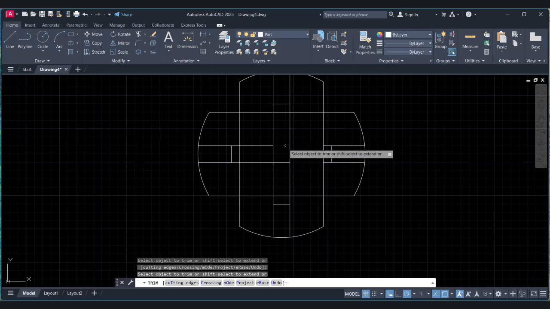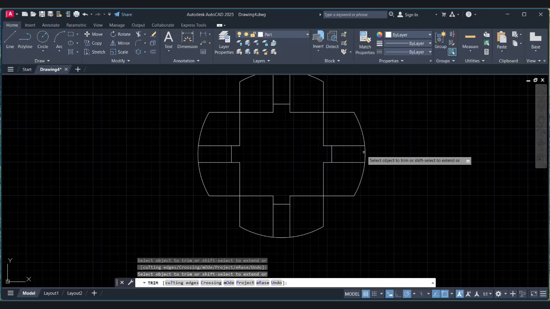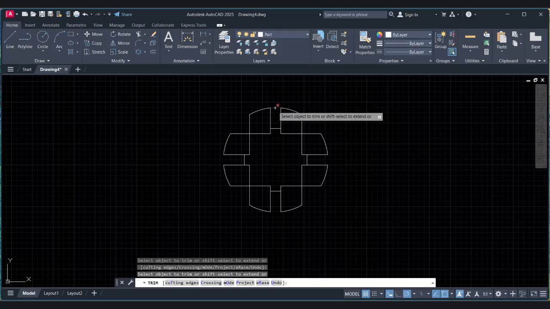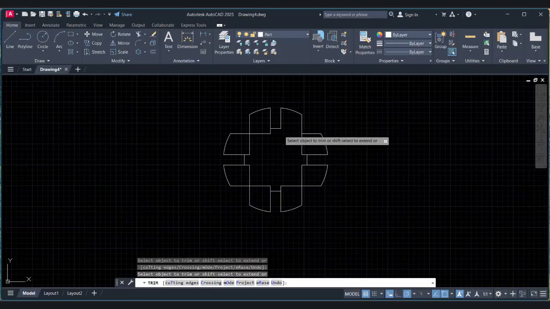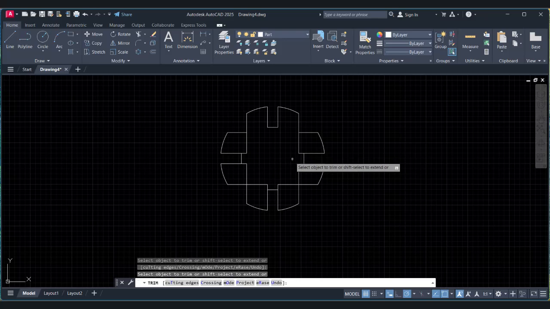So just hold and click and like that, and here we can see that's what we need, like that.